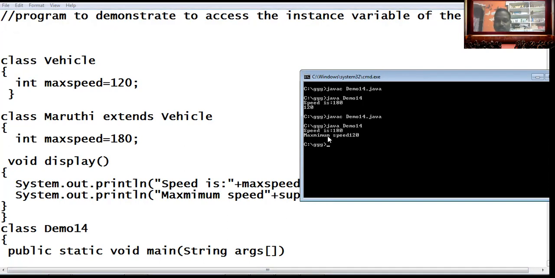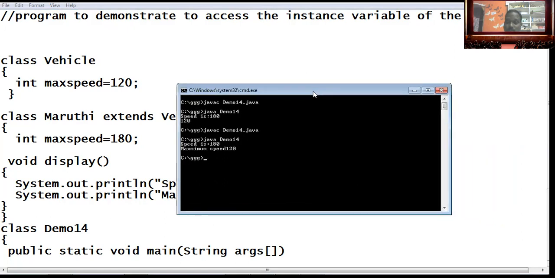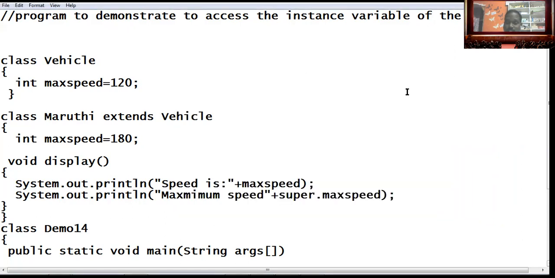So the maximum is about how much? 120, right? This is the way by using the super keyword we can access the instance variable of the parent class. Here remember this one point. So you must remember this one point. That point I will discuss.